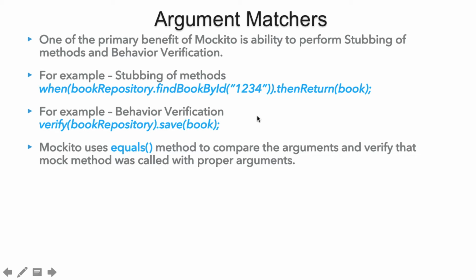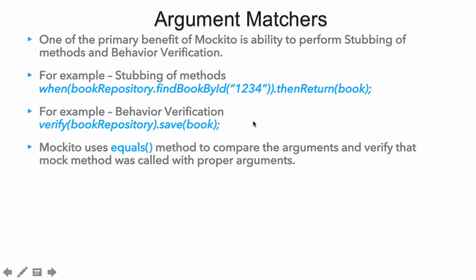So when we do the stubbing like this, we are telling Mockito that when the system under test method is called and it internally calls bookRepository.findBookById with the argument value 1234, only then return this book.